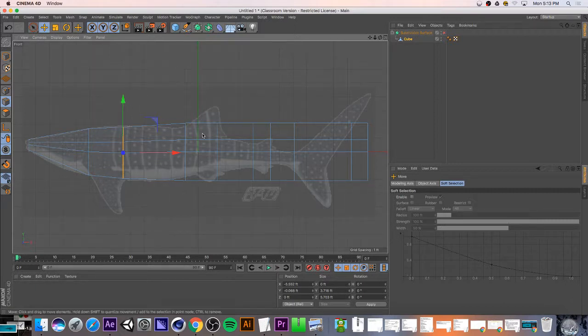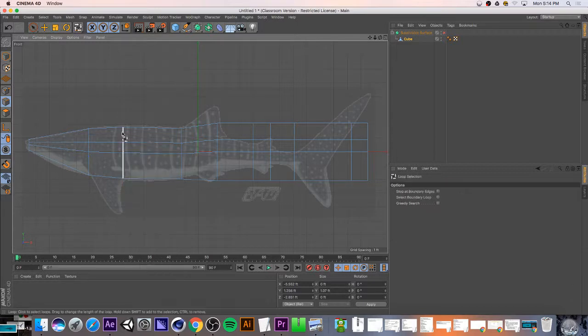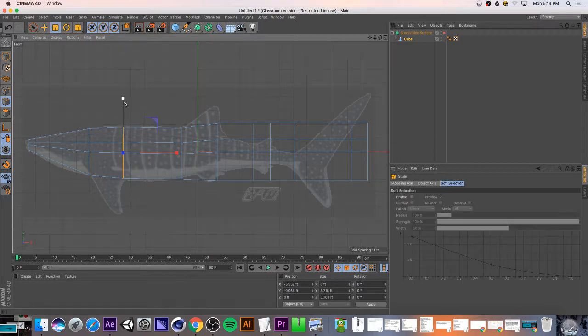Same thing here. UL, T, maybe that one needs to move over a little bit. T. But anything, I want them to be a little bit bigger rather than a little bit smaller, because the subdivision surface is going to bring things in. Right, so what's the fattest point on the shark? This point here, or at least from the side. There we go. And let's get this one, UL, T,